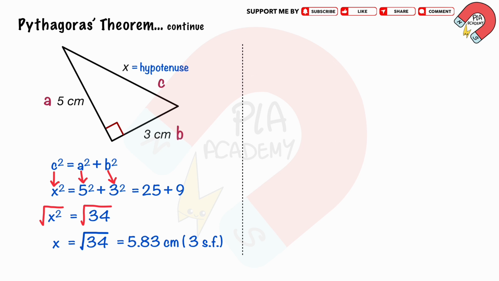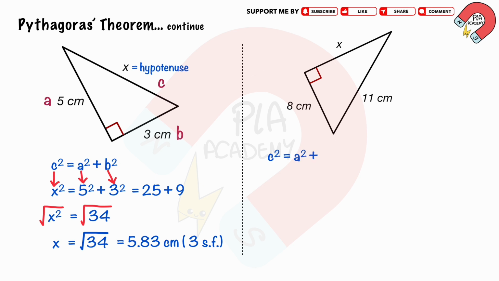In the second triangle, x is one of the shorter sides. The longest side is 11 centimeters and the other side is 8 centimeters. Start with the equation C squared equals A squared plus B squared. Substitute the values, 11 centimeters for C, 8 centimeters for A, and x for B, which gives 121 equals 64